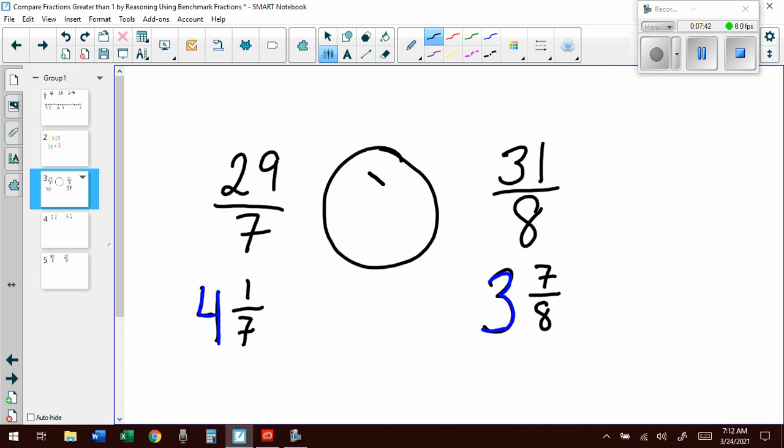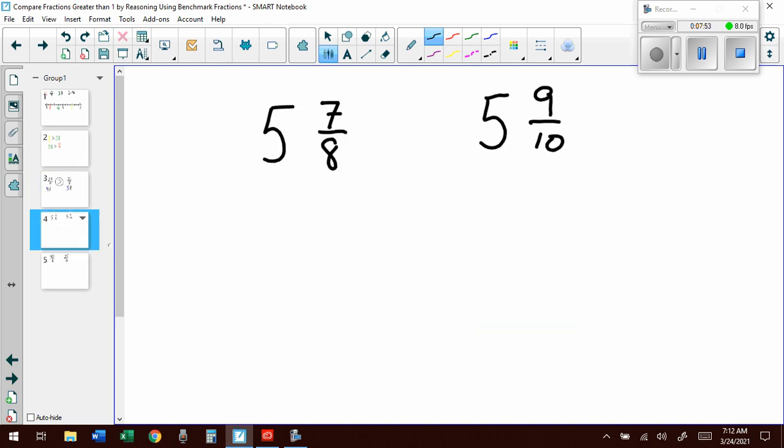So 29/7 is greater than 31/8, just by looking at those whole numbers, 4 is greater than 3. Now if we look at this,